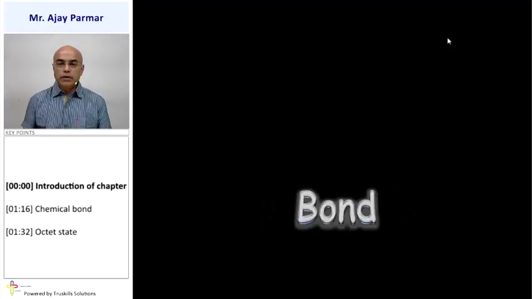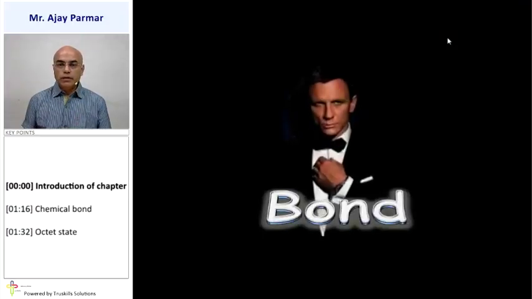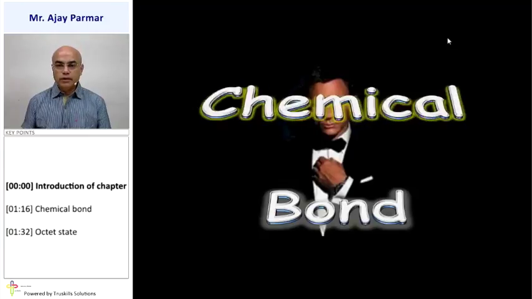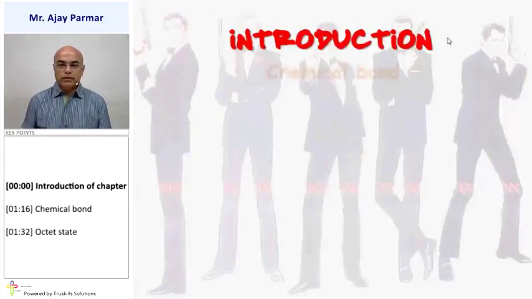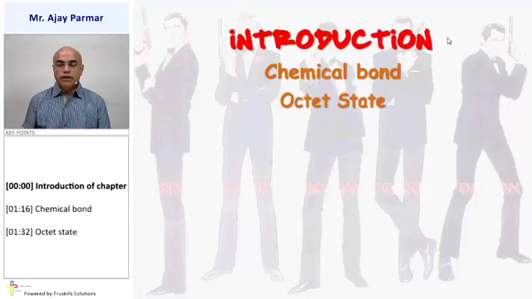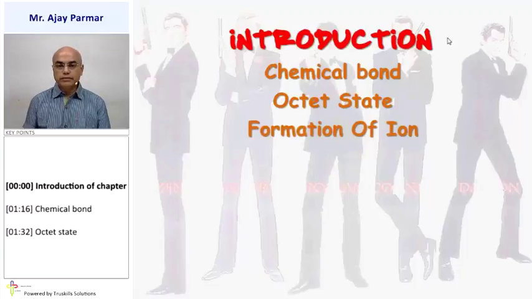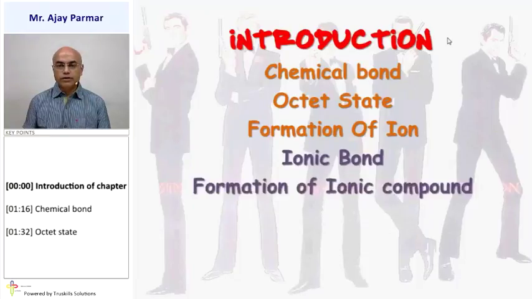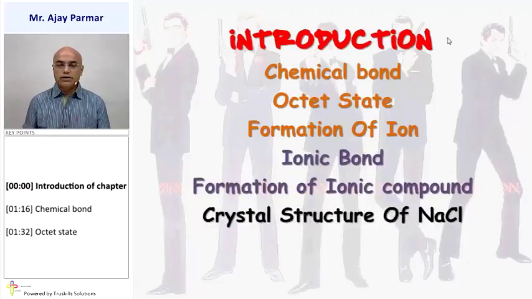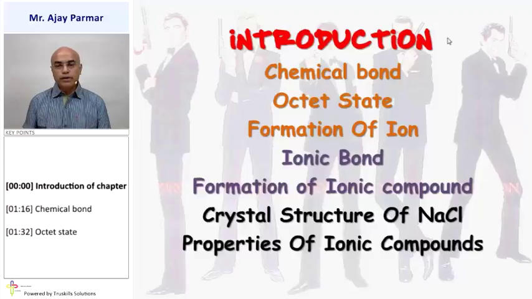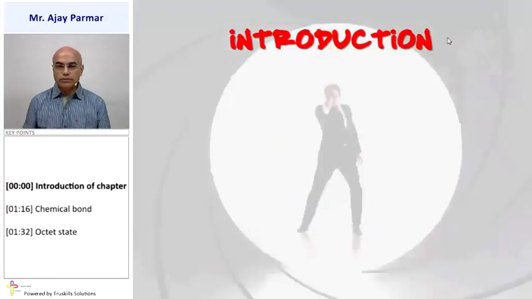This is a chapter about chemical bond. In this chapter, we shall study about chemical bond, octet state, formation of an ion, ionic bond, formation of ionic compound, crystal structure of NaCl, properties of ionic compounds,